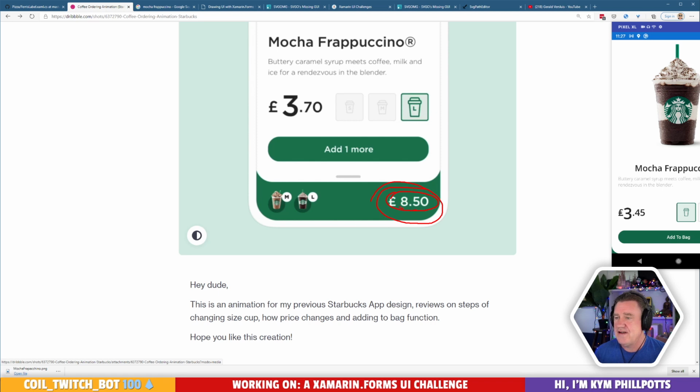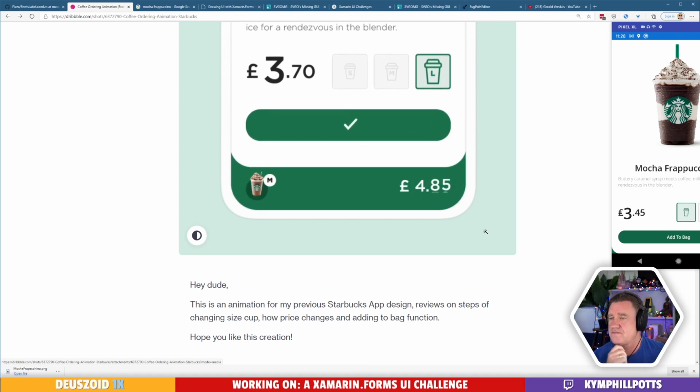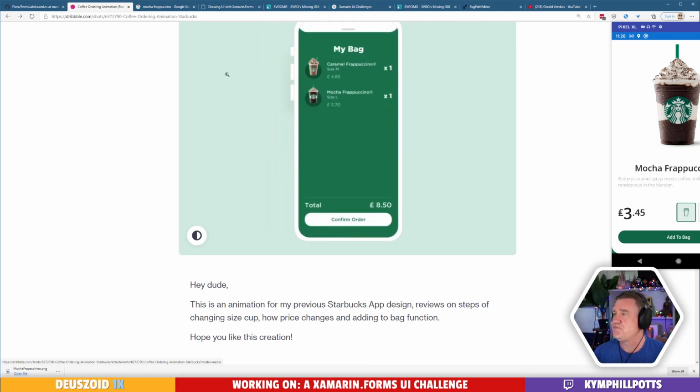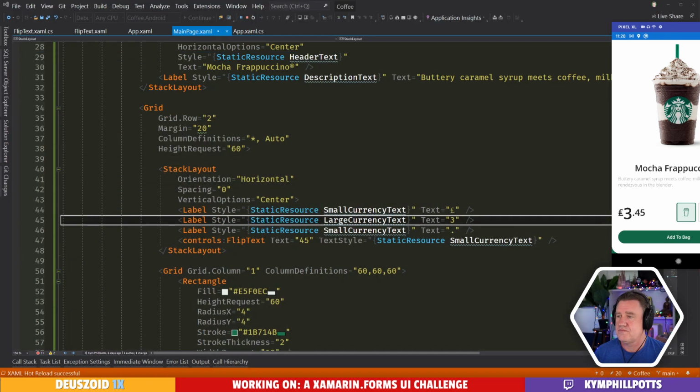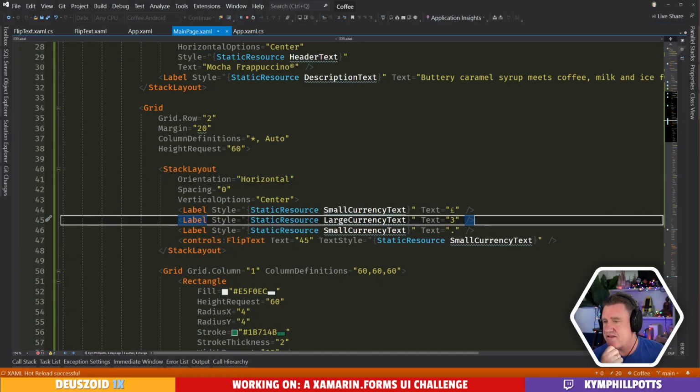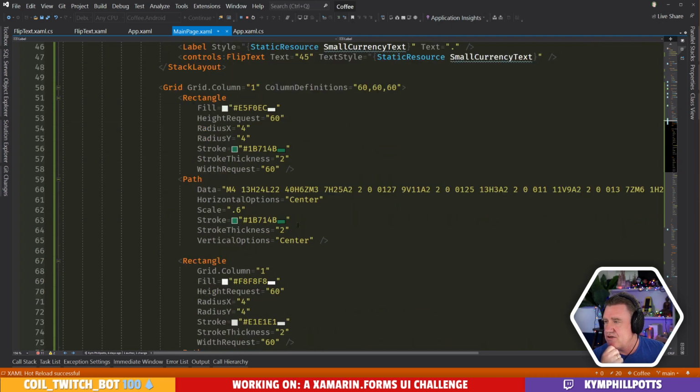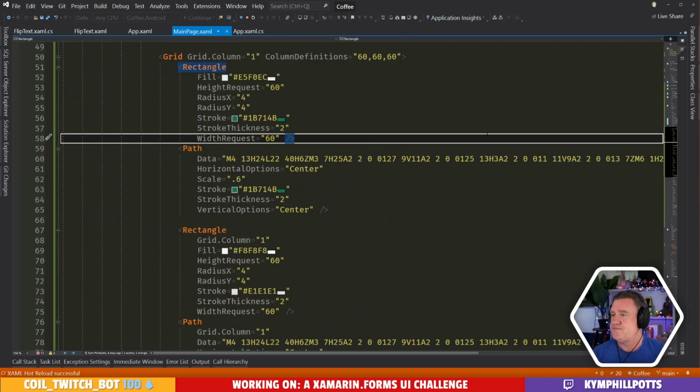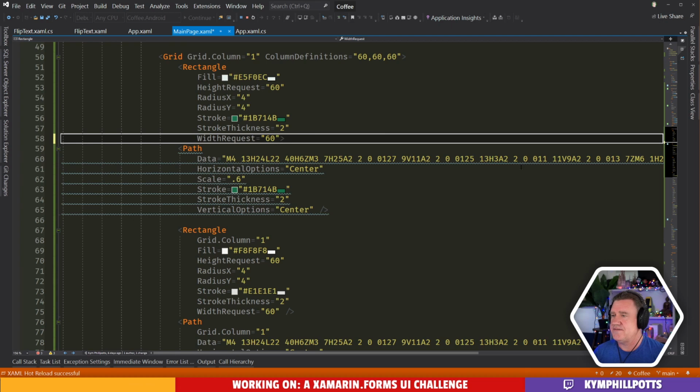So I'm thinking that if we have one flip control here, because this dollar point here doesn't change, and then we have another flip here, as we assign a value to it, we can get these to change at different rates or different speeds. All right, but let's just try this first of all. Let's add some gesture recognizers to these.